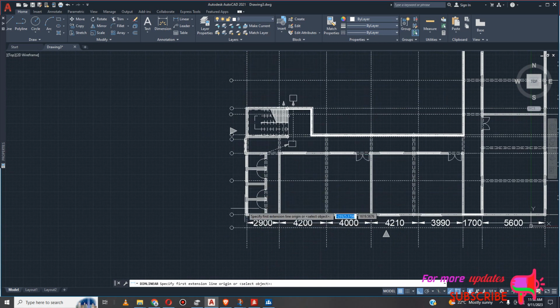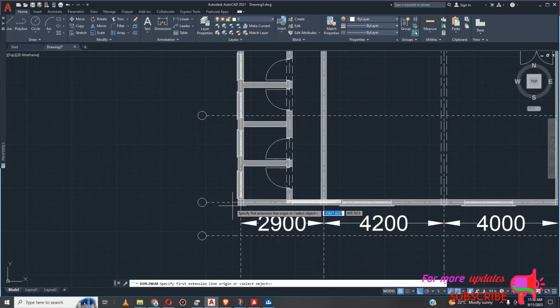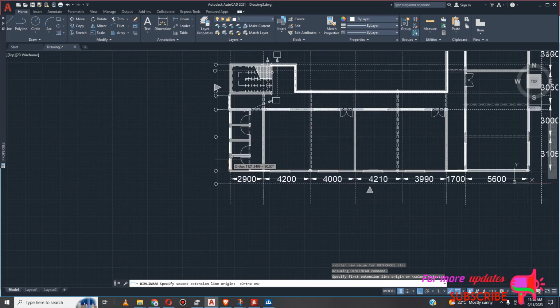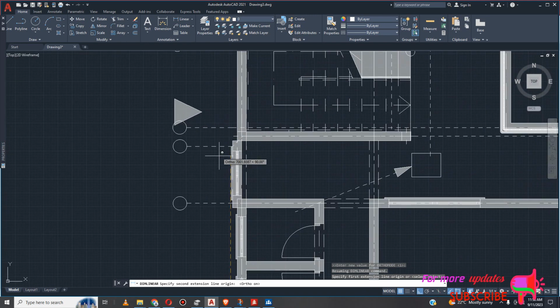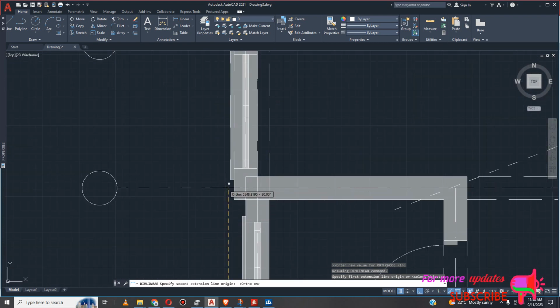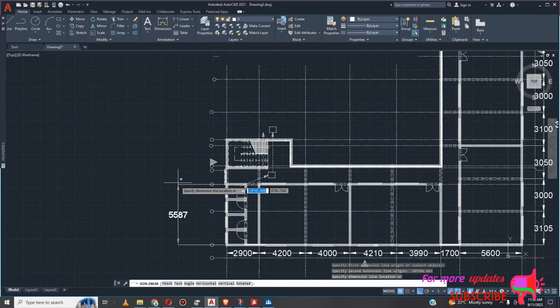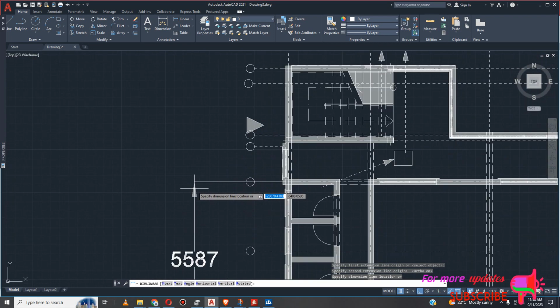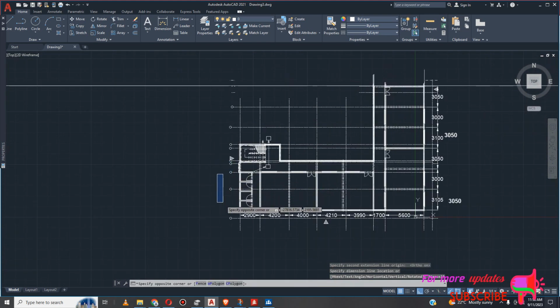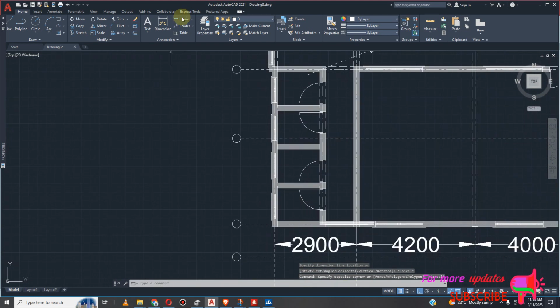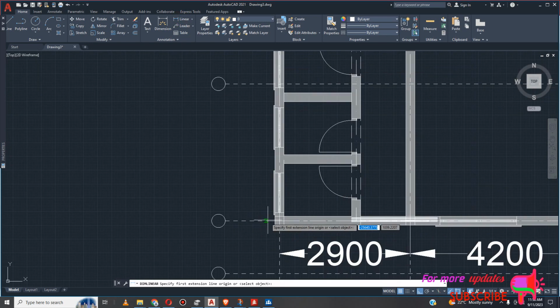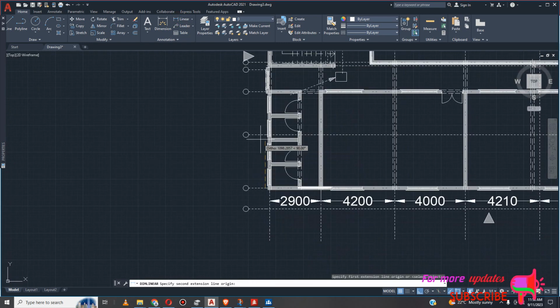So just come, then snap it, then hold control, and then up to this part. From here and go up to